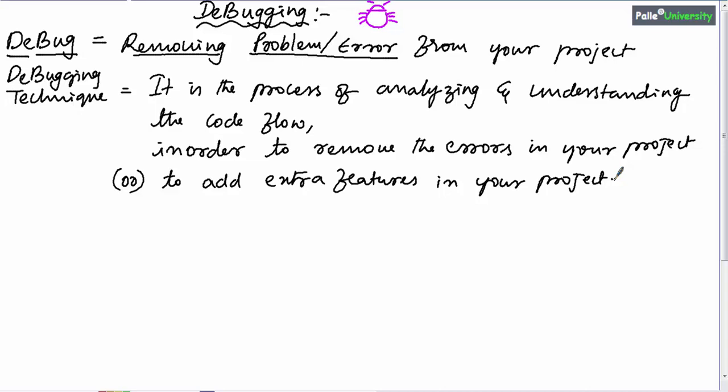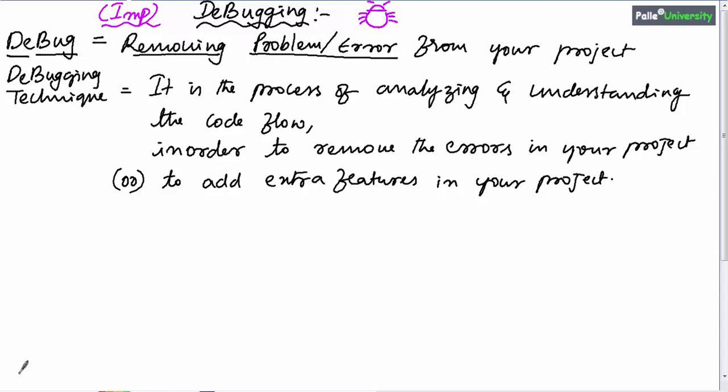Remember, this debugging techniques concept is very important. It is as important as breathing air. Just like in the real world, in order to survive, we breathe air. What will happen if you don't breathe air? Obviously, you will die. Similarly, in order to survive as a good programmer, you should know debugging techniques. I am marking it as an important concept.